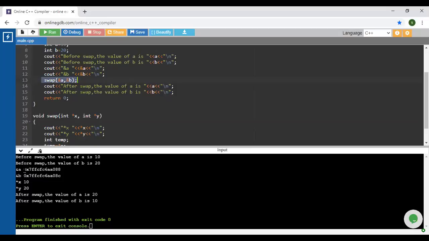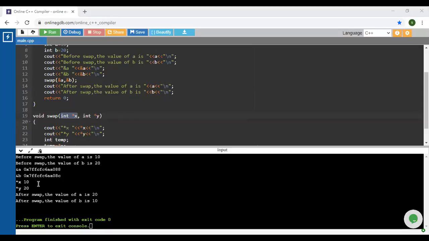Okay, so when the call or the compiler moves towards this particular definition, it will accept int *x. So what is the value of *x? 10. So *x is nothing but 10. So what is the use of that pointer? A pointer is going to point to the value which is available at that address. This is the logic behind the pointer. So a pointer points to the value which is available with respect to that address.